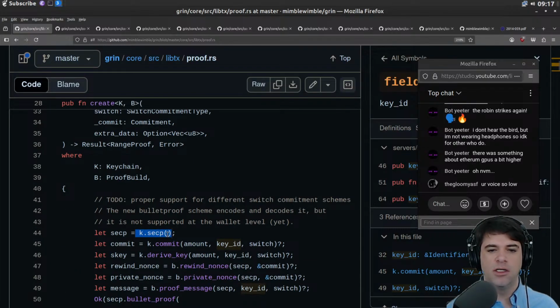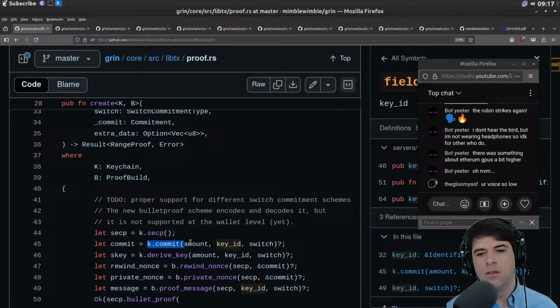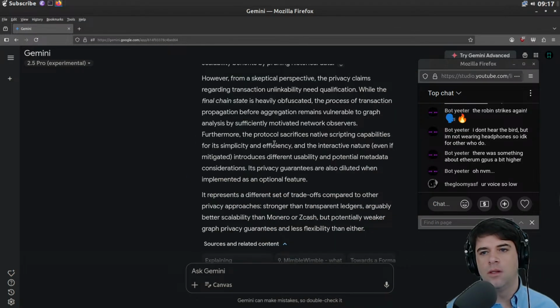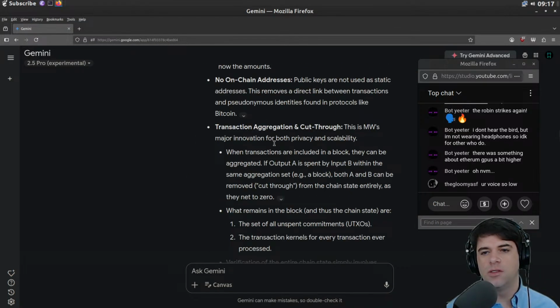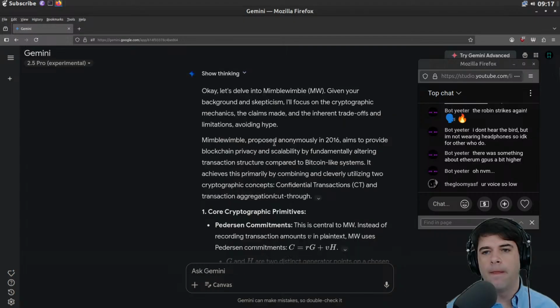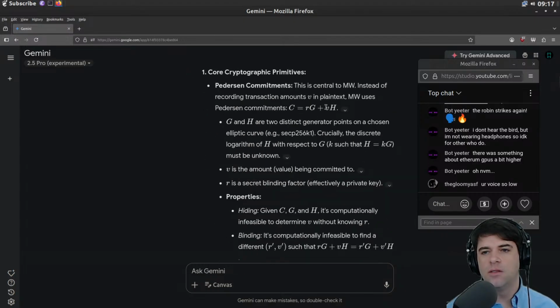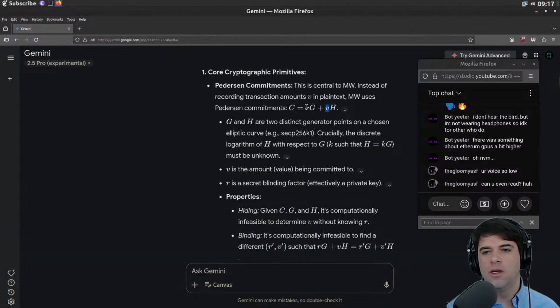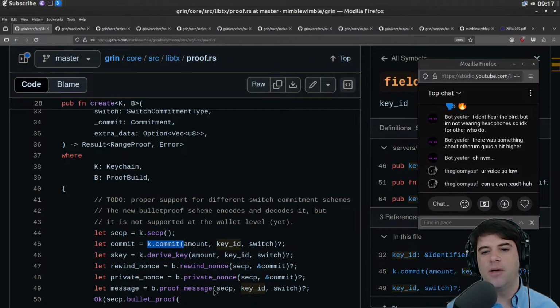And we'll get this elliptic curve, I assume is what SECP does. And then we'll call commit, passing in the amount. Here I assume that this is computing basically this, where V is the amount and R is the key indicated by the key ID.